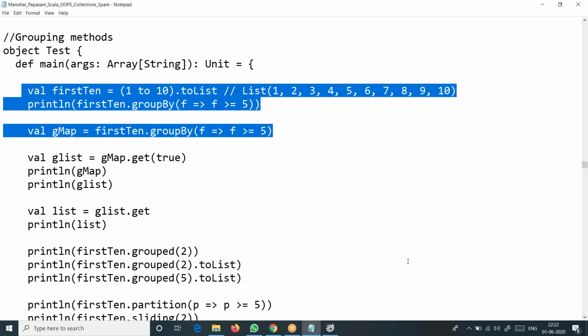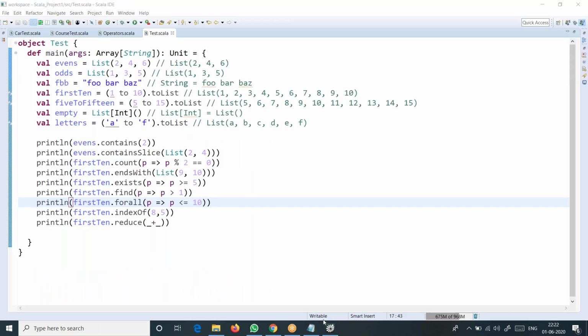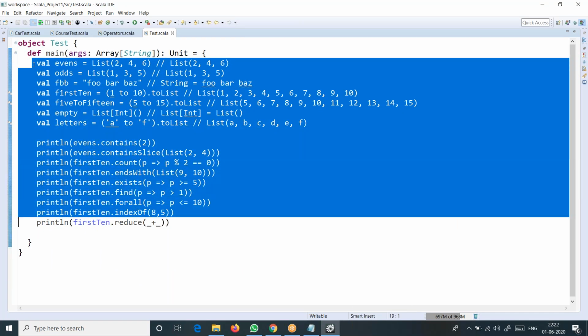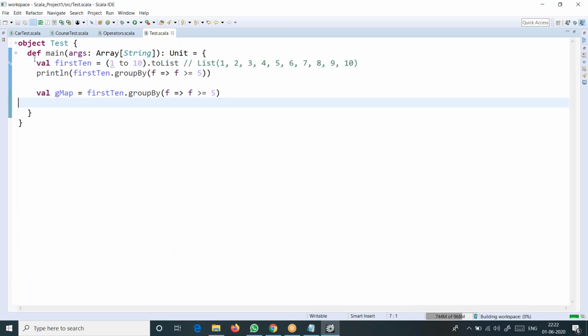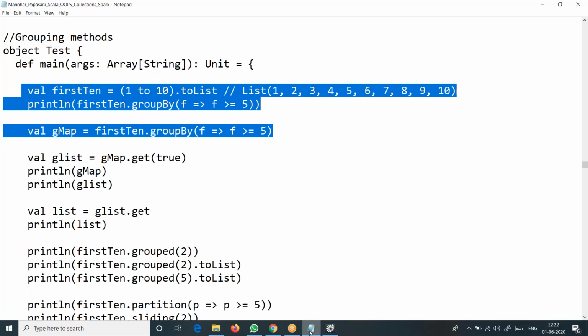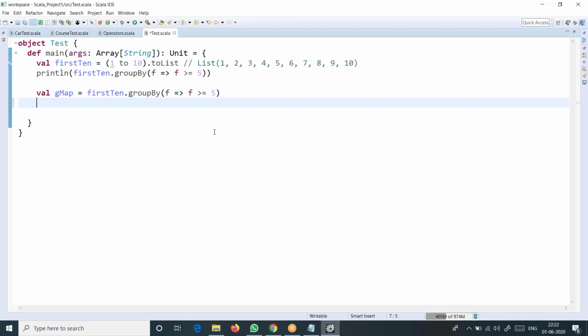Testing it quickly, method by method, to get more clarity on each and every method. And this is of course the last set of methods for today. We have almost closed those methods. Let me run this. Probably if you print it, that should be fine for us. When you print it, you get clarity on what the groupMap is doing.